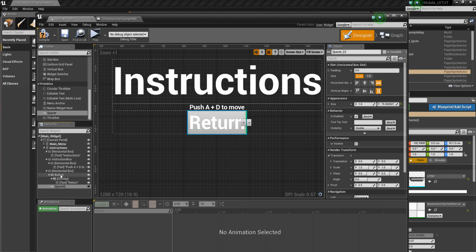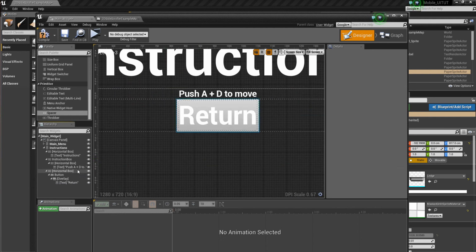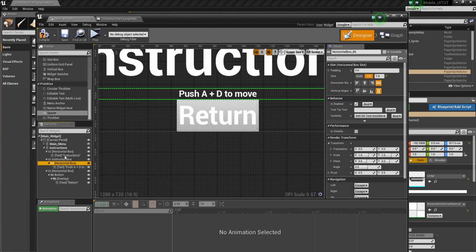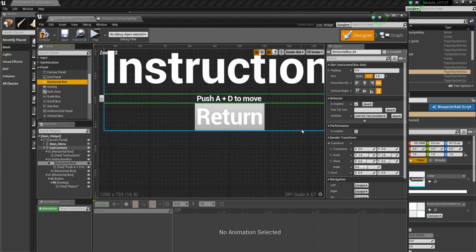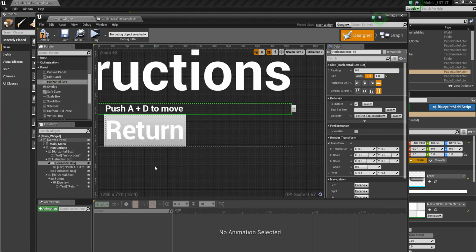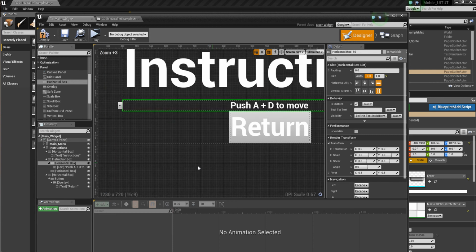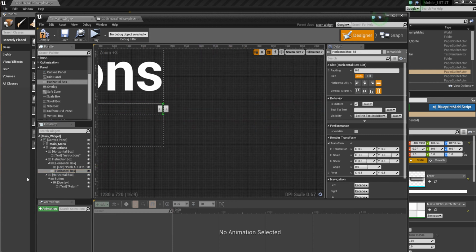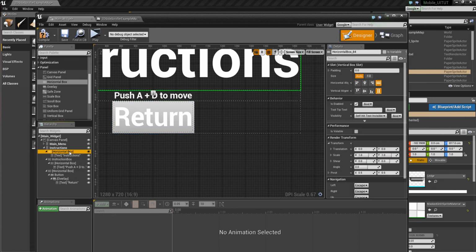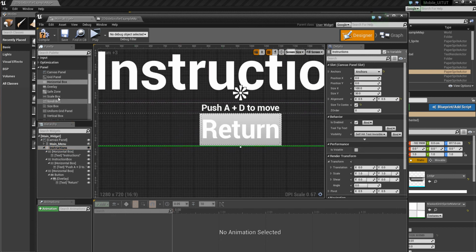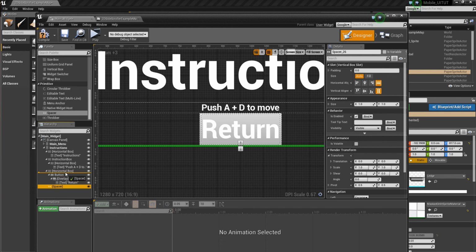Very interesting. Okay, well, that will work, but we'll just... I'm interested why this is not working here. This should be a vertical box. Oh, I'm silly. Okay. I wasn't really thinking. Go into instructions, and then